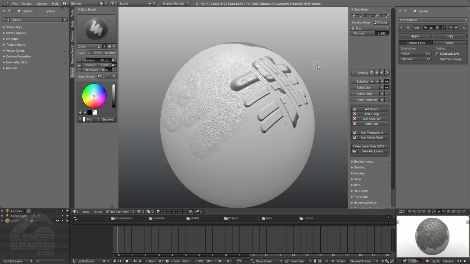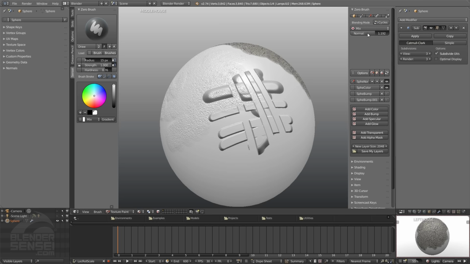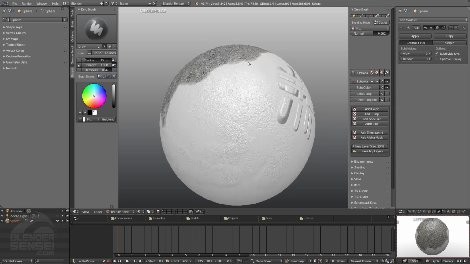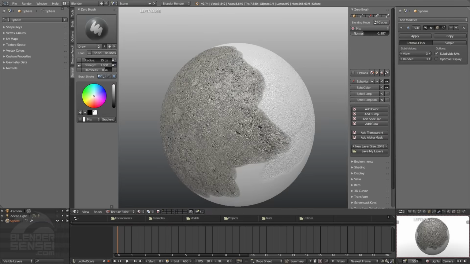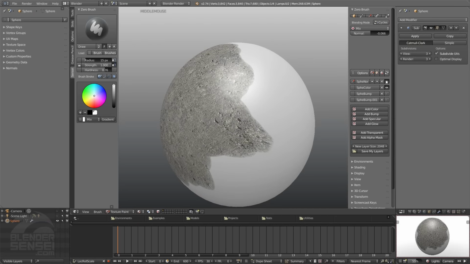The Merge Normals button also does something else nice for us. It automatically disables the visibility of any prior bump or normal layers, or even the effects of the bump and the color layer. It resets it to 0 so that we can immediately see the effect of our new normal layer here. But of course, we could delete this layer, or we could hide it,